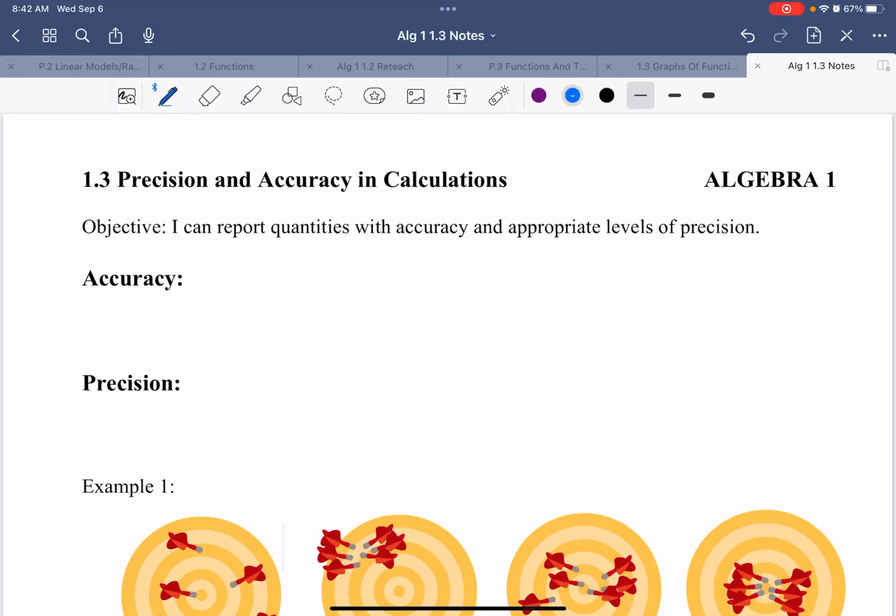Section 1.3, Precision and Accuracy in Calculations. So our objective for this lesson is to report quantities with accuracy and appropriate levels of precision. So first we need to distinguish between these two words,